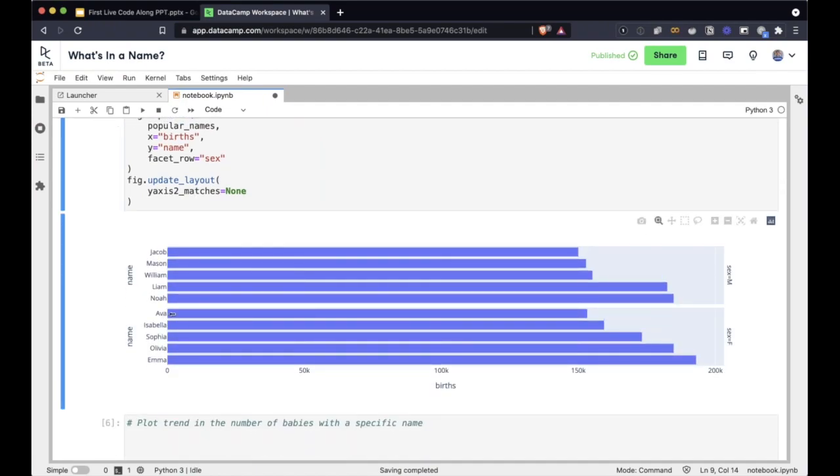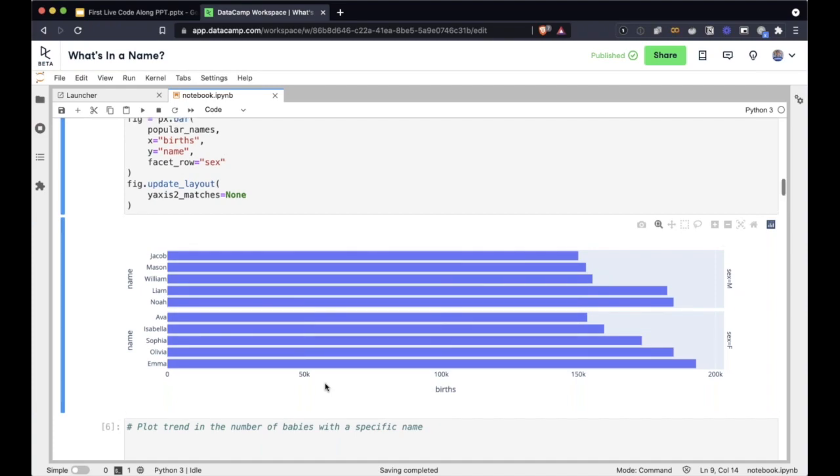So now you see that it's able to display the 5 names. It's not trying to match the y-axis, so it's okay if we have different ones. The one thing that still I don't like, the bunch of things I don't like, and so let's clean up the plot a little bit so that we have something that is neat.